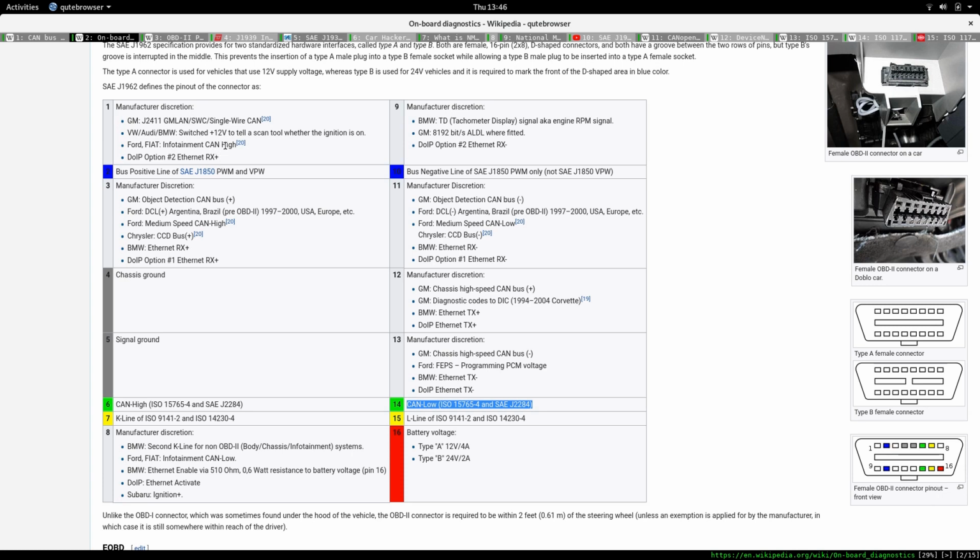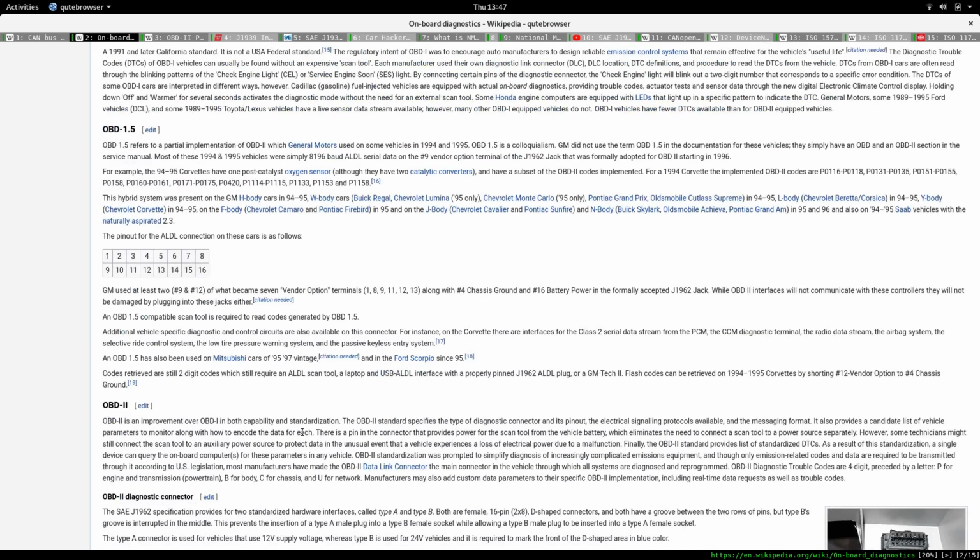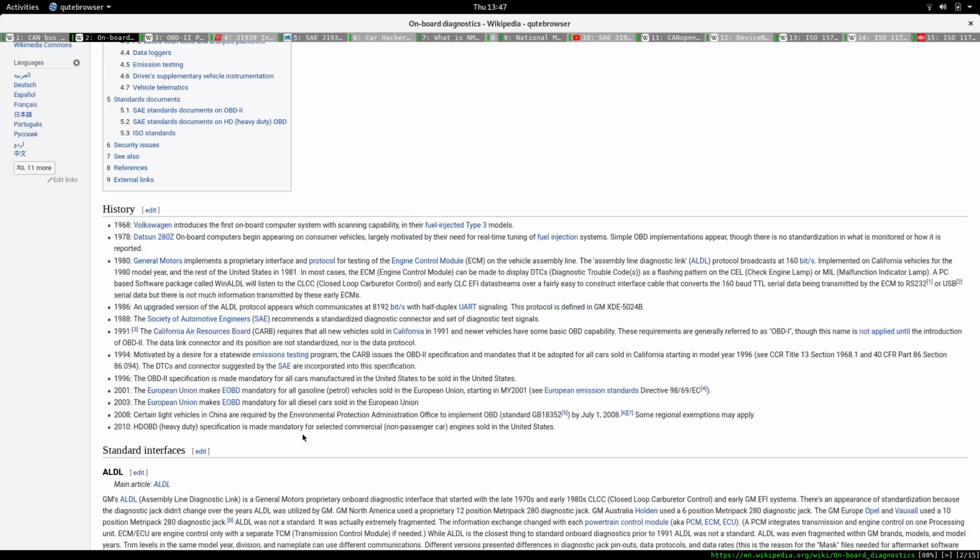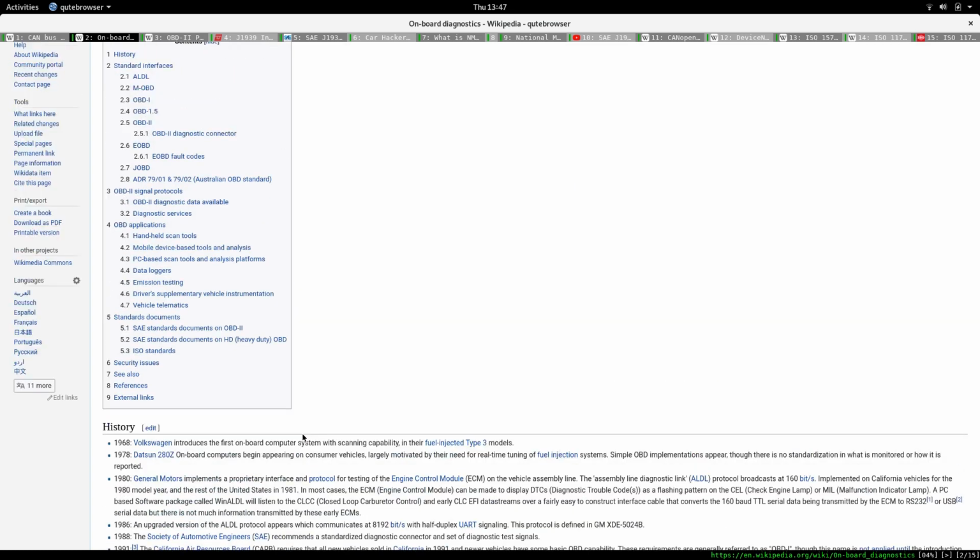So there's an infotainment CAN high there in Ford and Fiat, and Ford and Fiat then must have an infotainment CAN low. So pin 8 is another CAN bus, but it's specific to Ford and Fiat. Now on those, the protocols that are then transmitted over the CAN is just the physical layer and the data link layer 2. The higher level protocols,